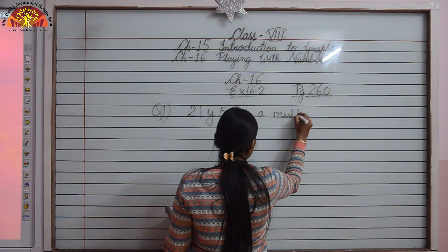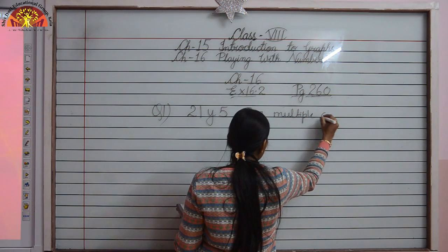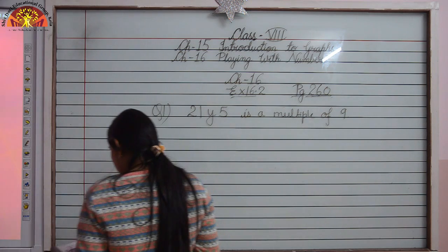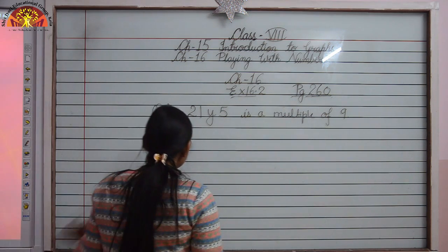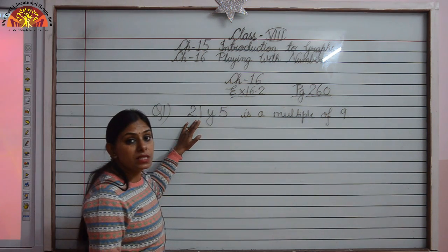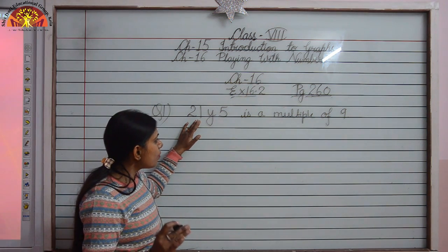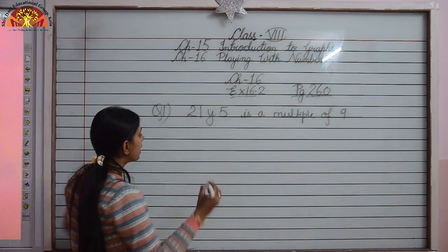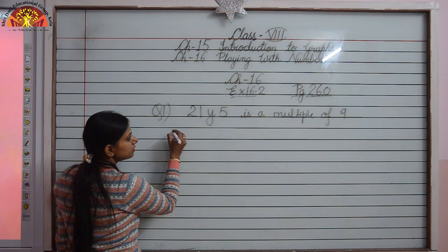It is a multiple of 9. Okay. Now it is a multiple of 9. That means this number 2155 is divisible by 9. That is, the sum of these digits is a multiple of 9. So we can just write, that is